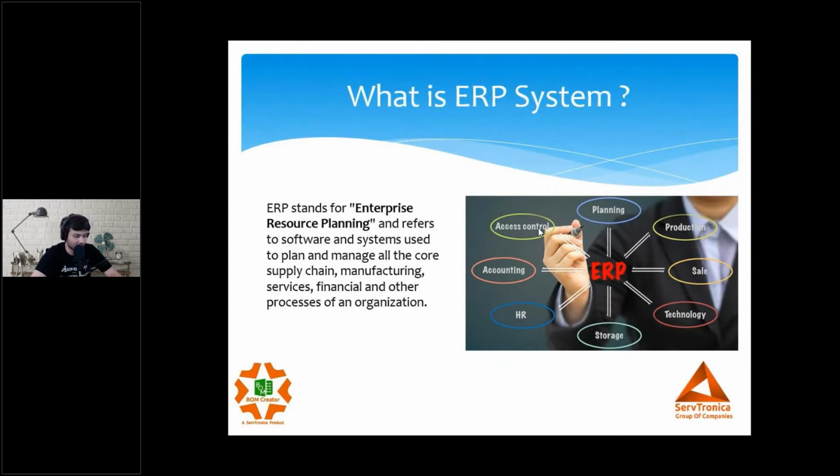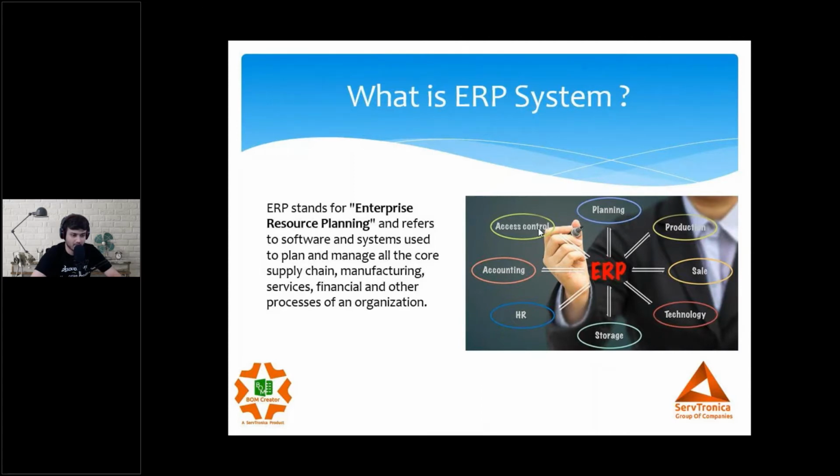ERP stands for Enterprise Resource Planning, right? It's basically a software which helps connect different departments and communicate easily. As soon as the design department completes the manufacturing drawing, they start uploading BOMs in the ERP system, and the ERP system becomes a platform for sharing the data. Through the ERP system, production is able to view the same bill of material, and the quality department, the purchase department, the store, everyone is able to see this information.